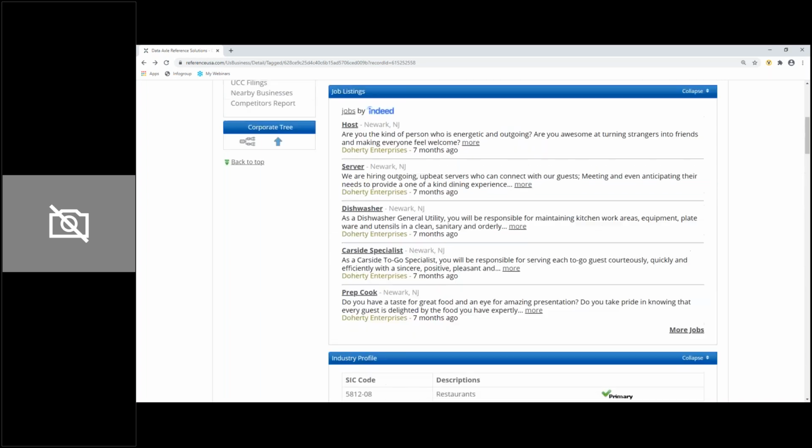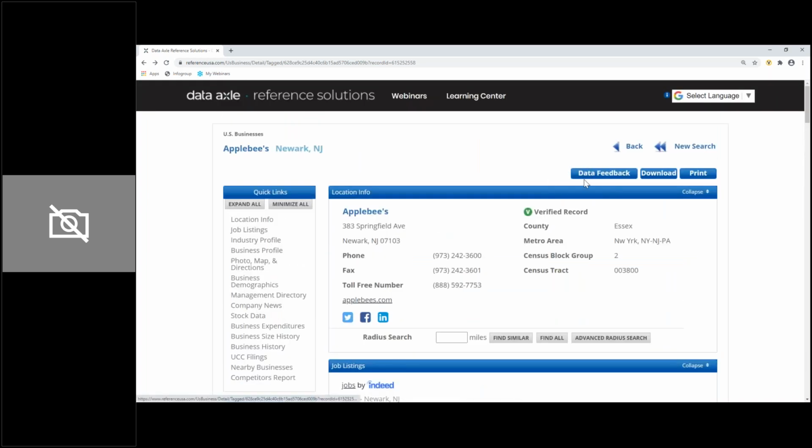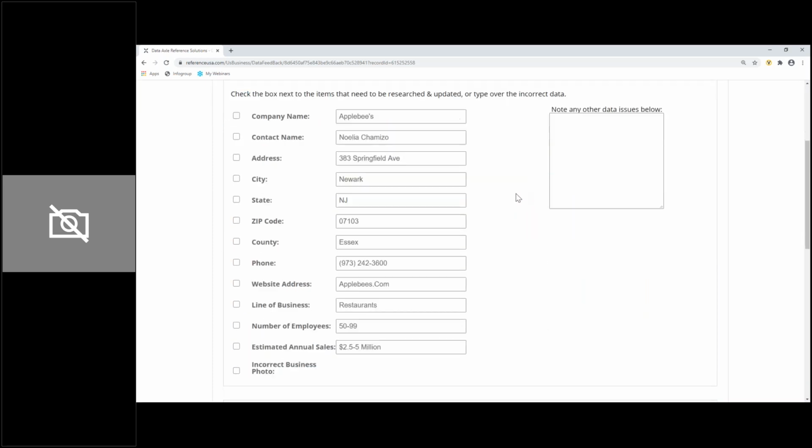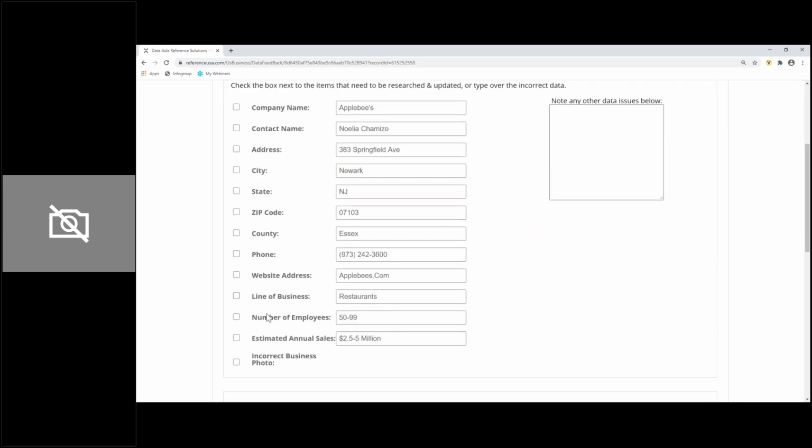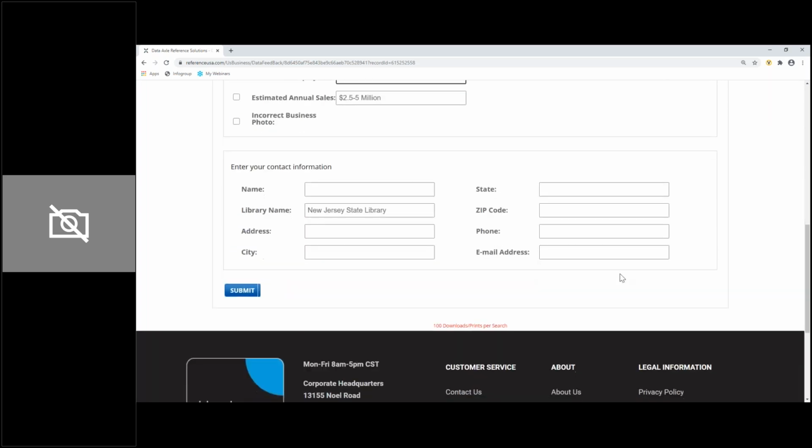You can come right up here to the top, and this same data feedback button is also at the bottom of the record. You can click on that and go down this list. Oh, there's number of employees. Put a check mark there. If what you needed to tell us wasn't listed on this side, you could always come over here and free-form a note to us to tell us about an update. You can come right here to number of employees, wipe that range out, put in the number 78,